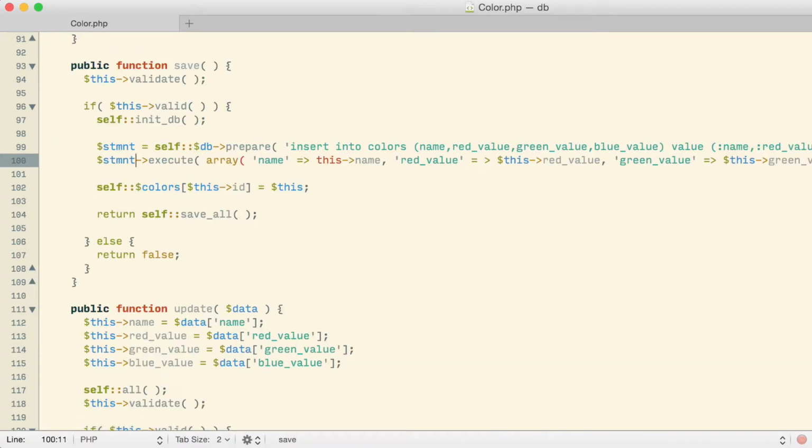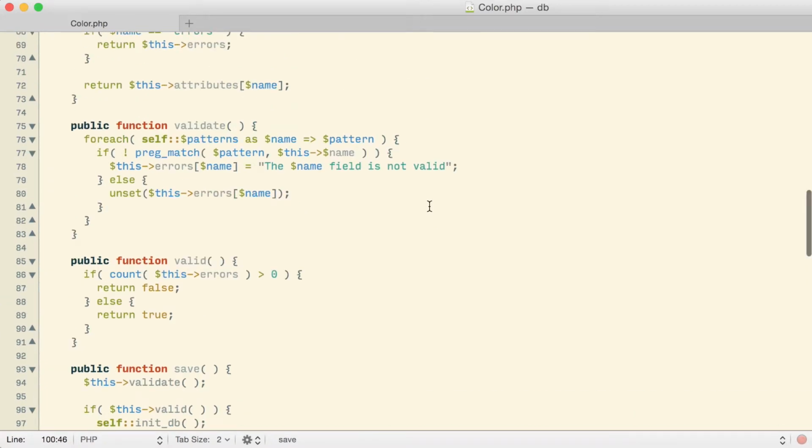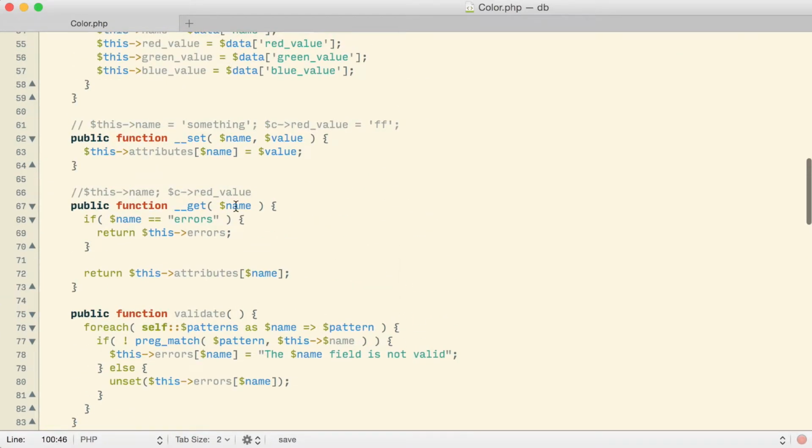So what I'm doing is I'm putting together an associative array. So I'm putting together the key name, and then for the actual value, there should be a $ sign there. I'm saying go to this object. This object is the object that's currently being saved, and I'm saying access its name. When I say access its name, what it's going to do is it's actually going to use the get function, passing it name as the value of the name variable here.